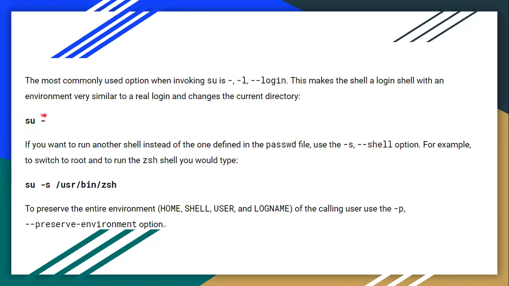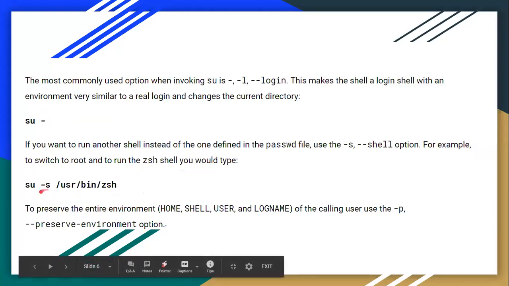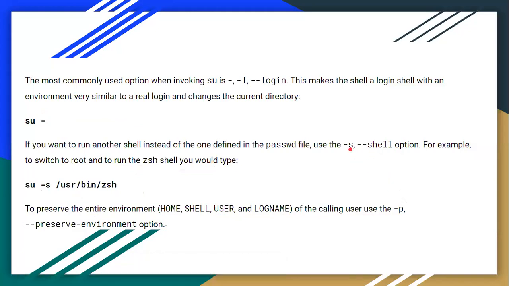If you write su and the name of the user, then that user is switched to. If you're not mentioning a name, the normal user becomes the root user. Similarly, there are options to preserve all the values of the environment variables: p is that option, and s is the shell option. If you want to run a different shell, you use su hyphen s.